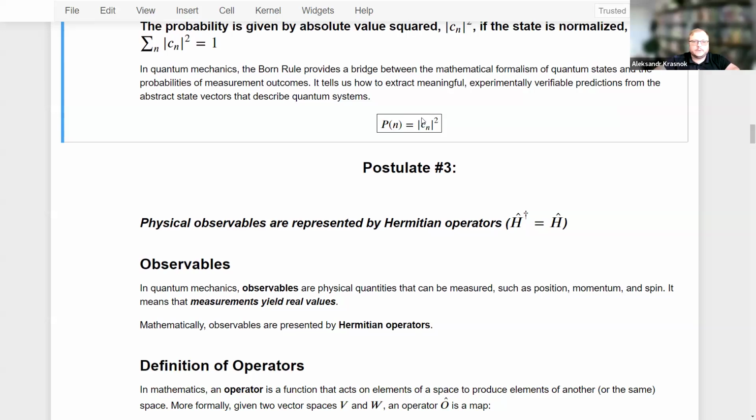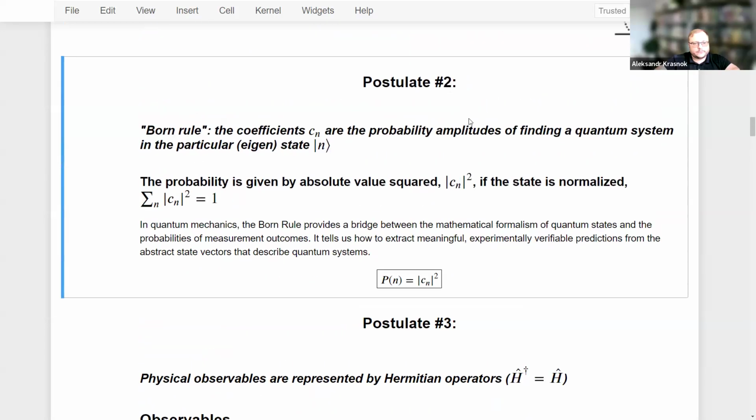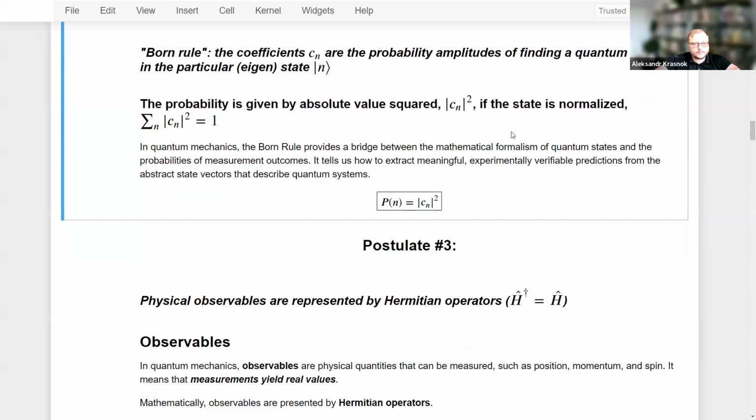The probability of the concrete result of an experiment is given by the absolute value squared of the projection of the quantum state on a particular basis vector. Do you have any questions regarding this part? Okay, if not,